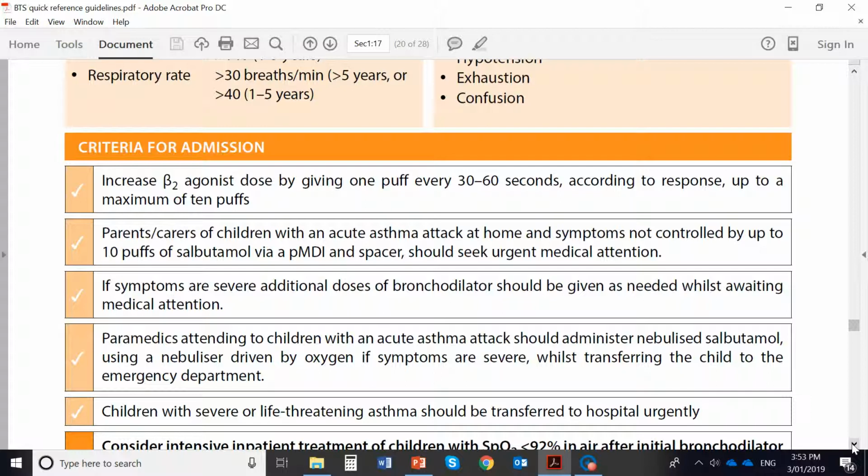But what you need to do is give them some breather, give them some space so that they can cry a little bit, and then you can put the mask back. Make sure that you are trying your best to give 1 puff every minute. Giving 1 puff practically can be quite difficult, and that's why it says every 30 to 60 seconds. So basically you give 1 puff, you try to hold the baby as much as you can, maybe 10 seconds, 15 seconds, and because the inhaler and mask is able to vent out the expired air,